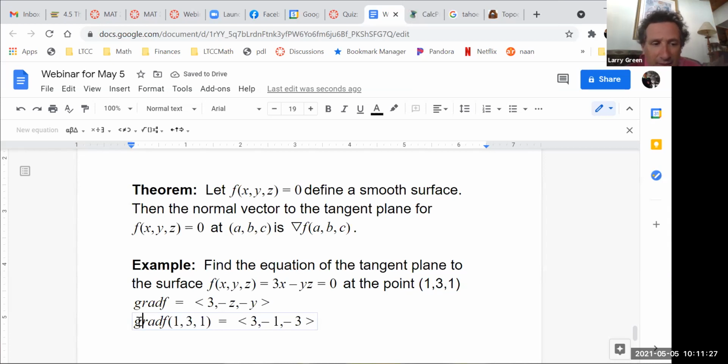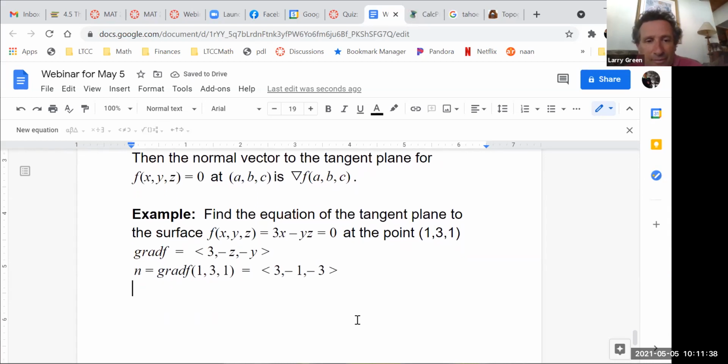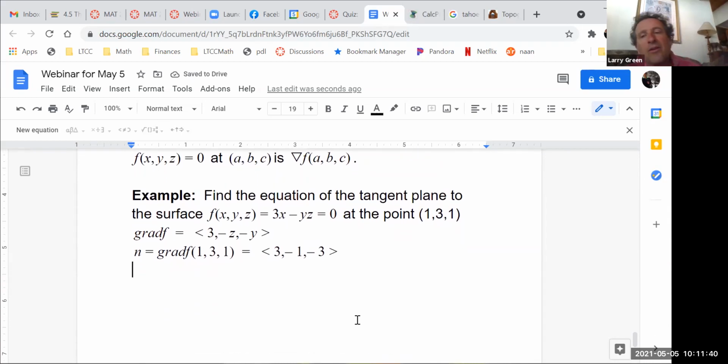Any questions on that so far? And the big theorem says this is n, the normal vector. So now the normal vector is always orthogonal to any vector on the plane. So now I can write down the equation, and I could say (3, negative 1, negative 3)